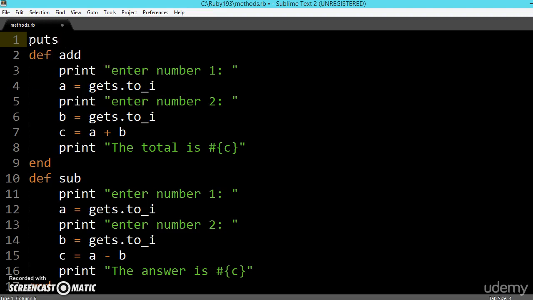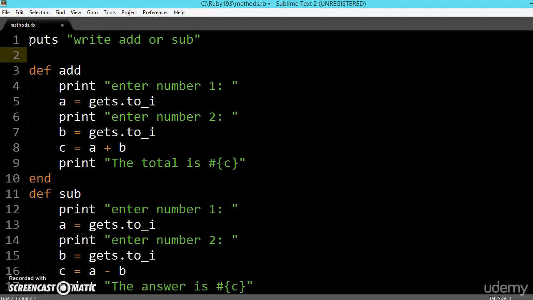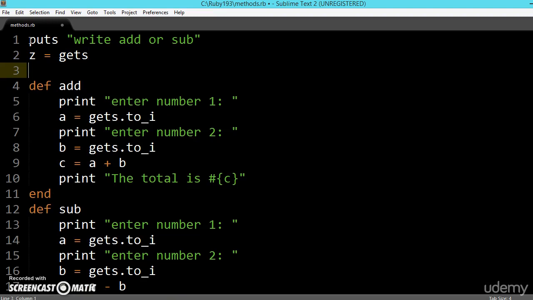So for that, puts, now let us ask the user to enter whether to choose, write add or sub. And get it into a variable, let us say z is equal to gets. So we are getting it as a string, no need to convert it into an integer because it is the default one.